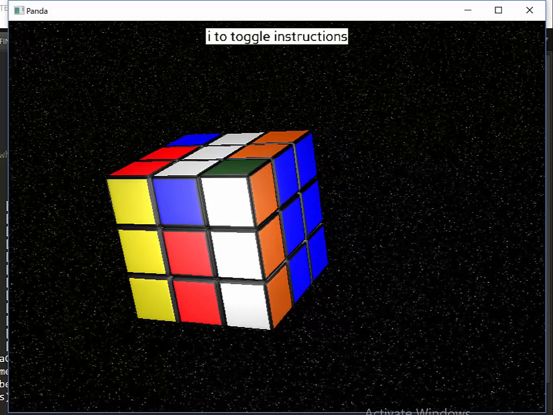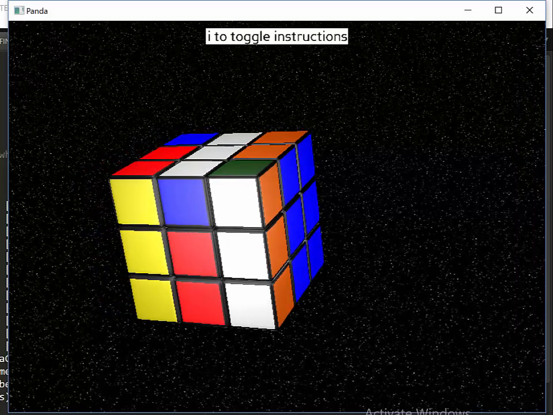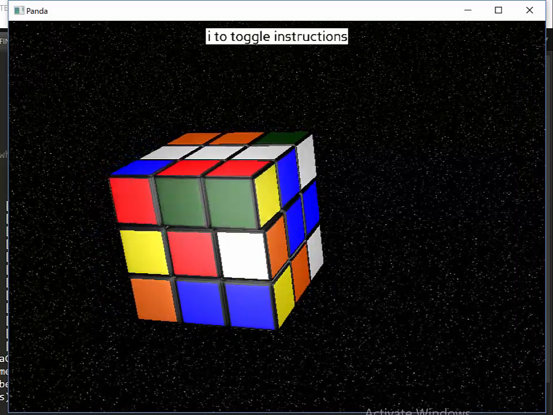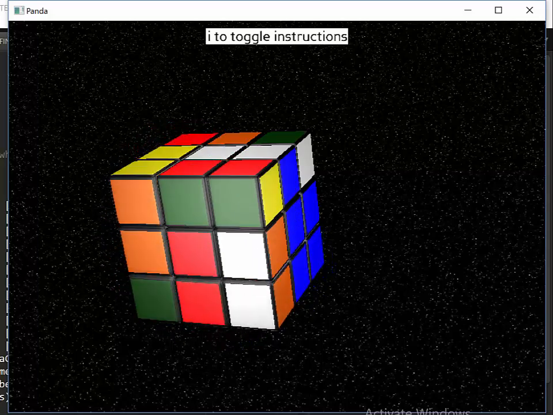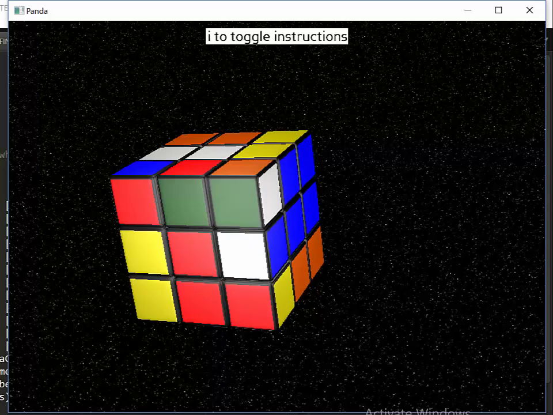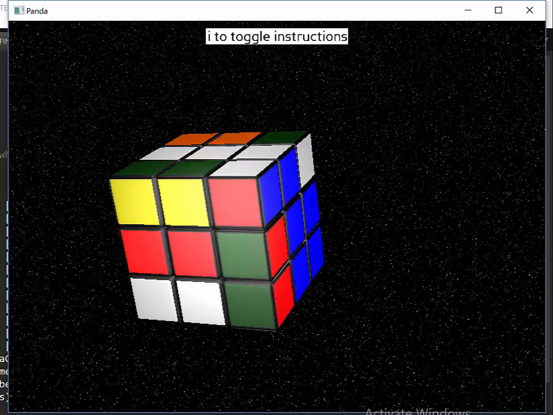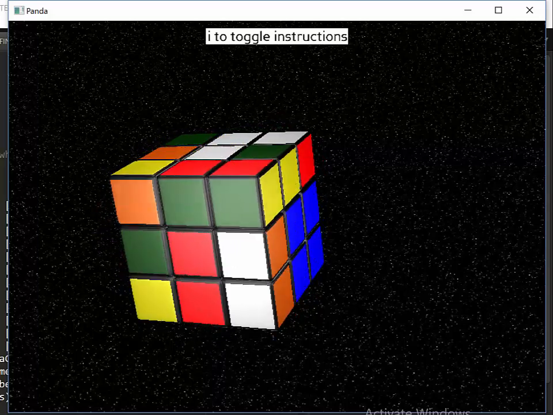You can also press S to shuffle the cube. What pressing S will do is start an animation of a random set of rotations that the cube will perform, and it'll basically just shuffle itself for you, and you can see exactly what moves are being made to shuffle the cube. So once it's done shuffling,